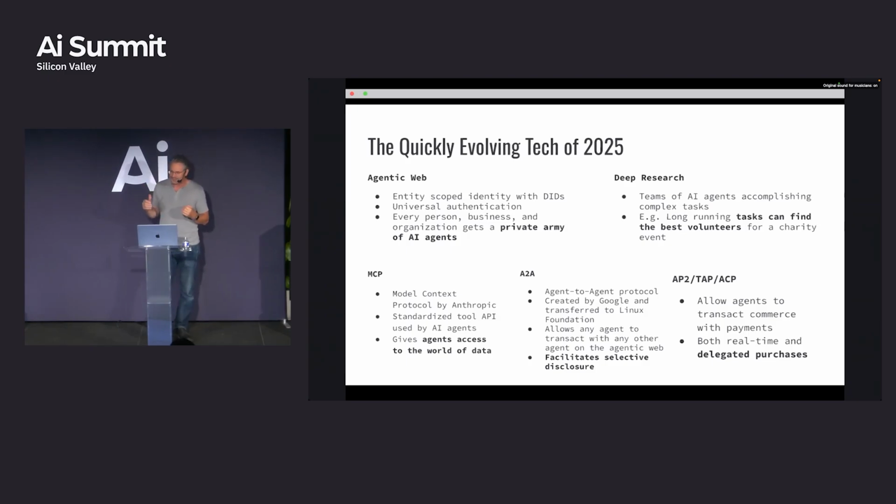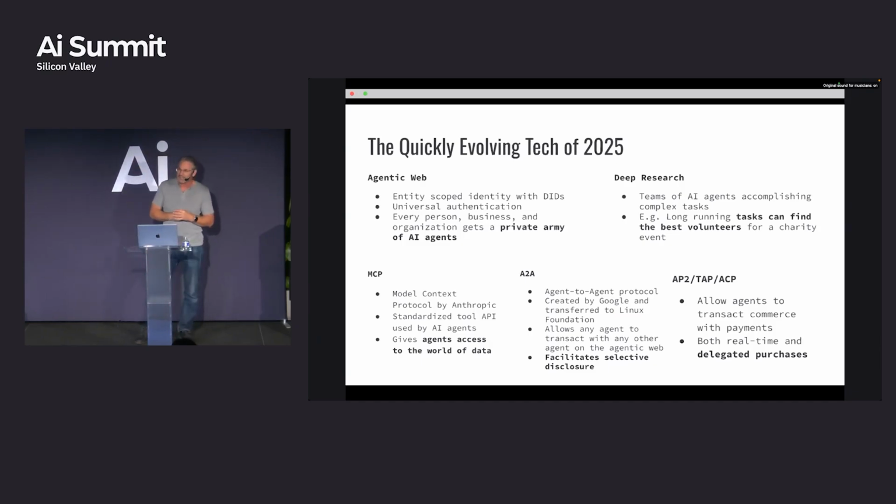Deep research is pretty amazing. That's where teams of AI agents operate to reach some goal of yours. And that's very quickly evolving. That's amazingly powerful too. MCP is taking the world by storm by now. I think it came out late last year. A lot of evolution going on that way. But MCP is becoming the lingua franca of the internet for intelligence. And so if I have some chunk of intelligence going to operate for me, and it wants to talk to something else, I want to talk via MCP.